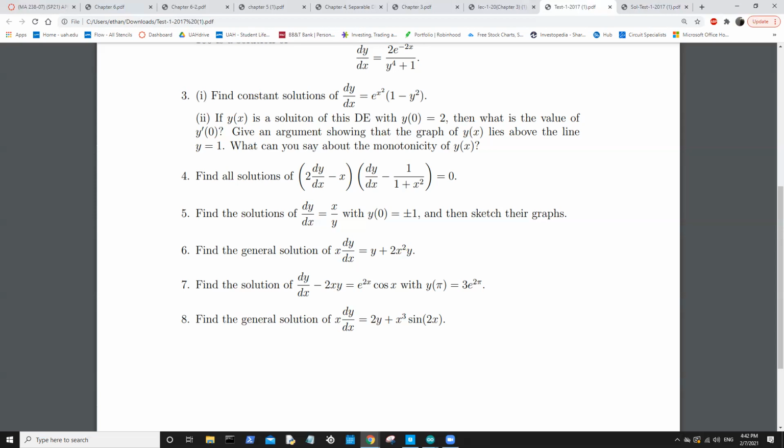And then this whole thing would spit out x to the negative 2, or 1 over x squared, whichever way you'd prefer to write it, as our integrating factor. Doing that, that then means we have 1 over x squared times y, all raised to the first derivative, is equal to